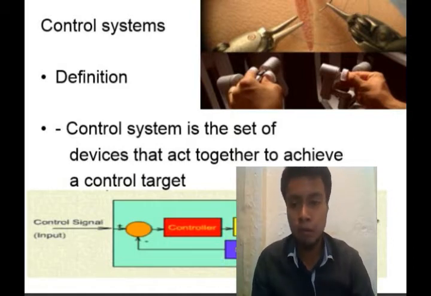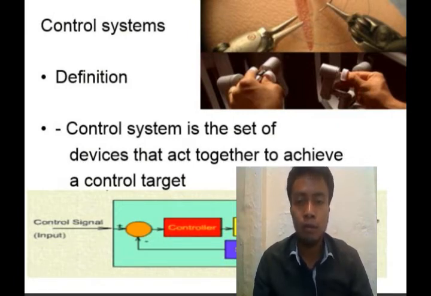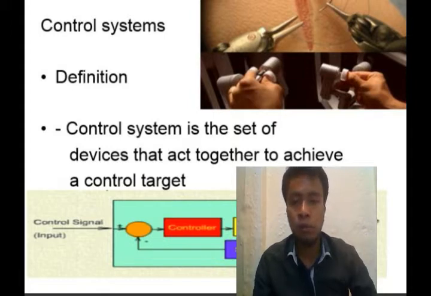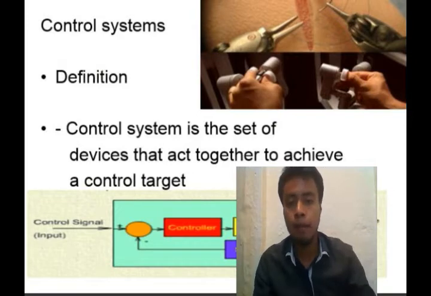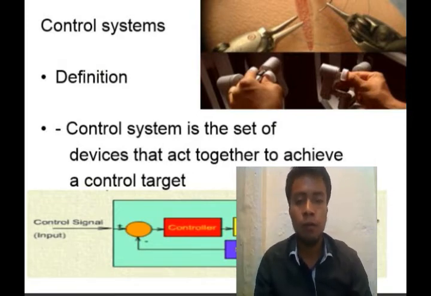Then the output of the subtractor goes to a controller, where it undergoes a mathematical process. From the controller's signal output, it goes to a system. The system is the plant or device to control. Finally, the output signal is obtained, and the sensor also takes that signal to feed back to the system.